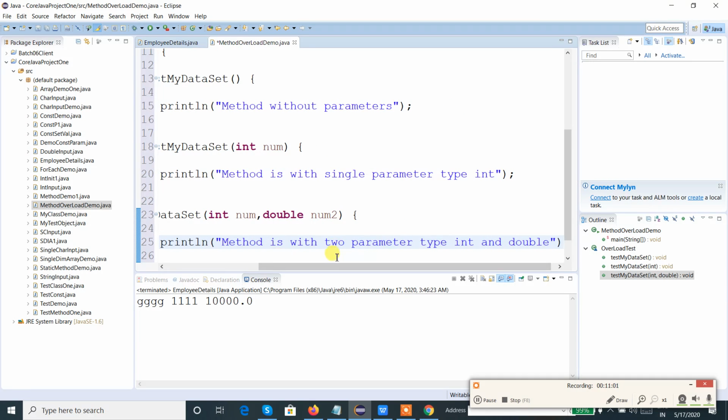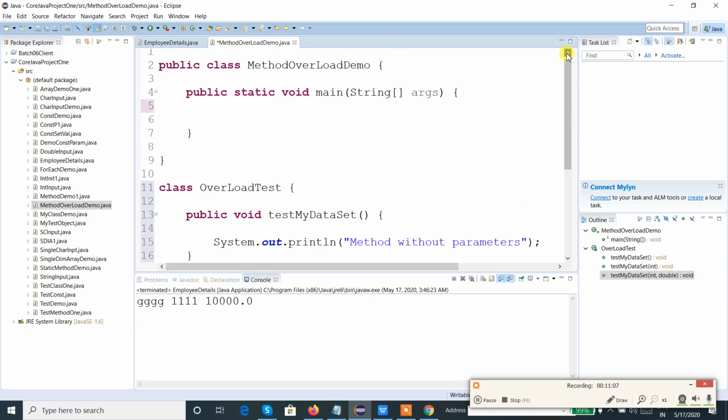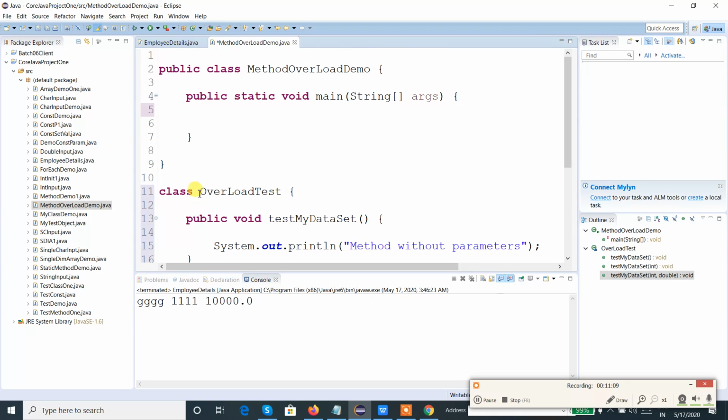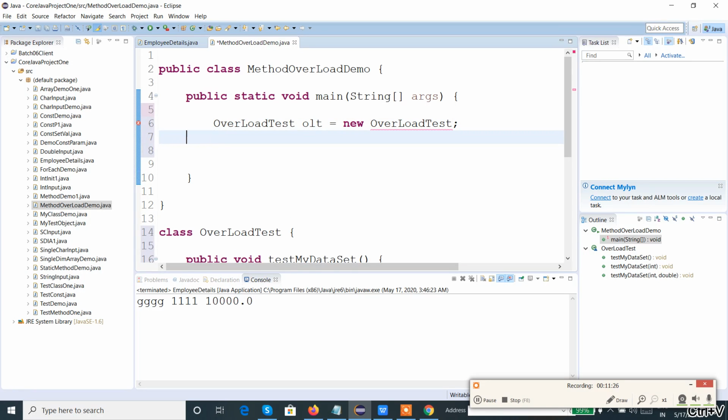Now we will go to the main method. I want to call all these methods. All these methods are class members of overload test. Now I need to create an instance of overload test. OLT equal to new overload test.